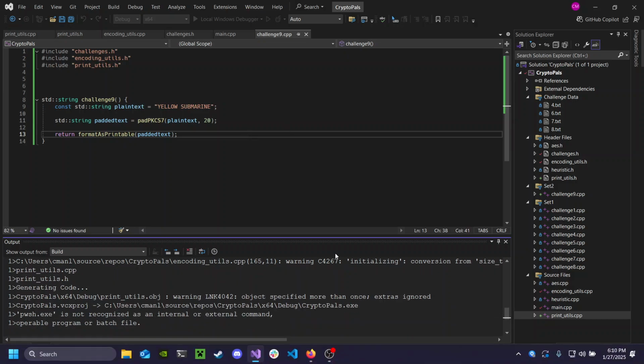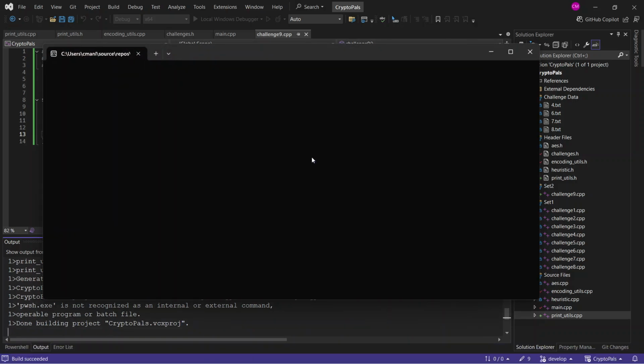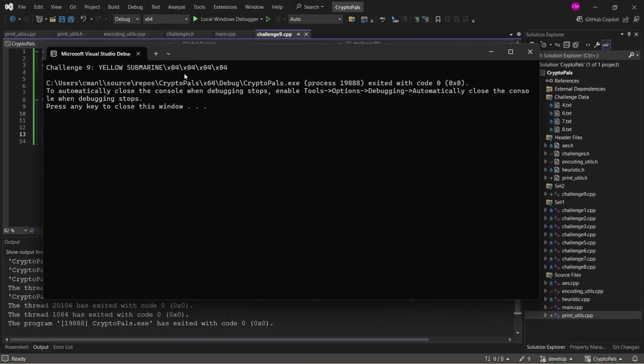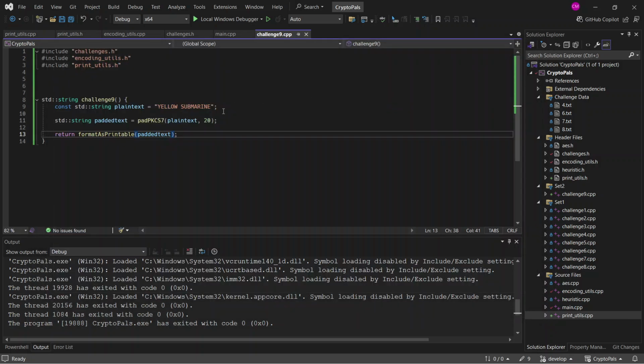So now, if we actually run this, we'll see everything gets padded correctly. Compiles everything. Yeah. Yellow submarine, 1, 2, 3, 4. Perfect. So it pads it correctly. Let's just make sure our unpad function works. So we know pad text is working. So let's do